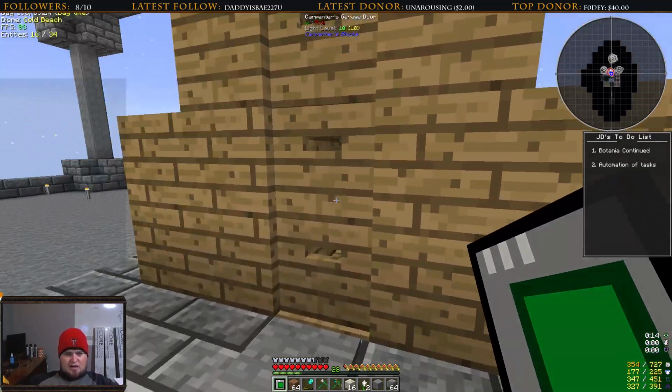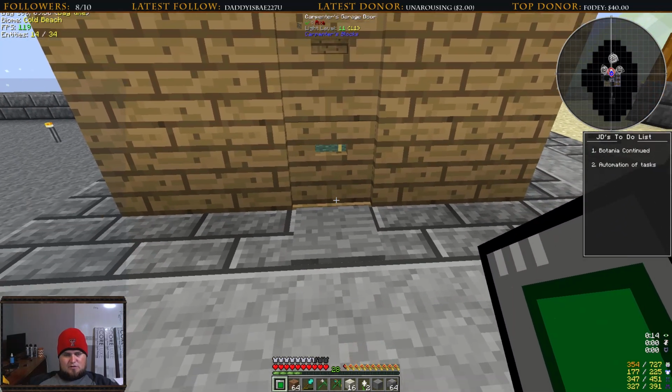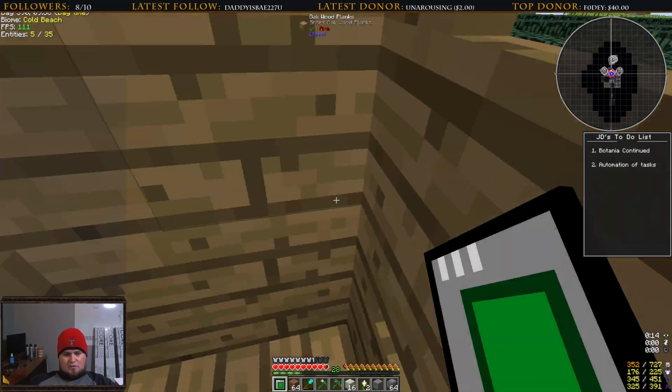I have gone ahead and added a little functionality to the chicken pen by using some carpenter's garage doors and a carpenter's pressure plate so that mobs can't open it. And then once